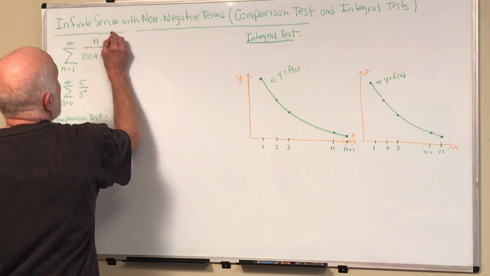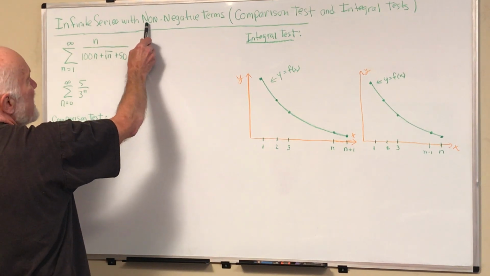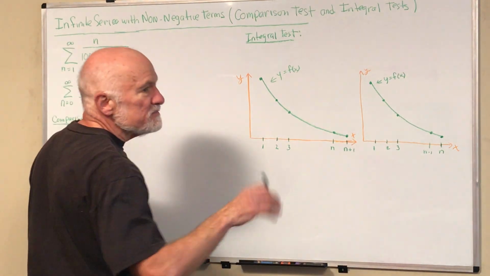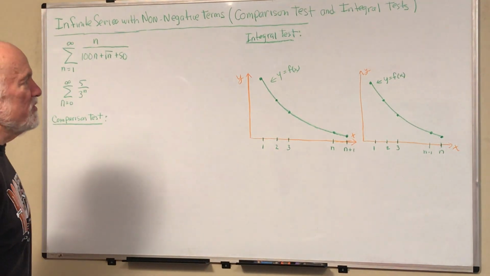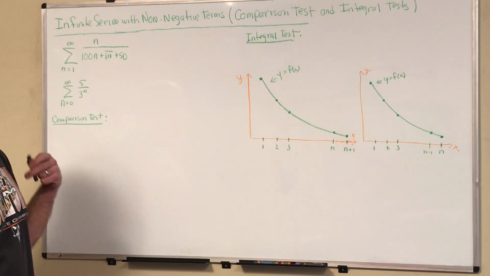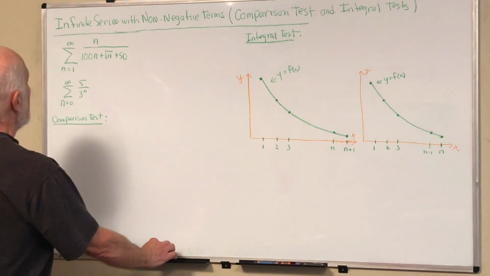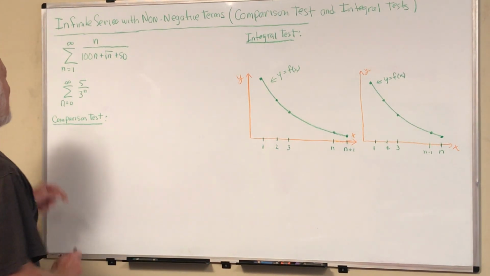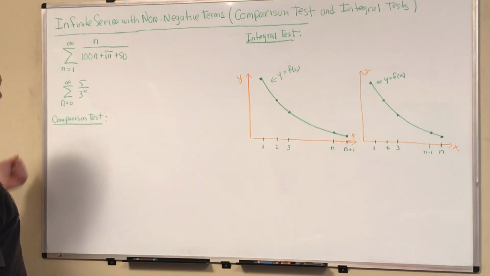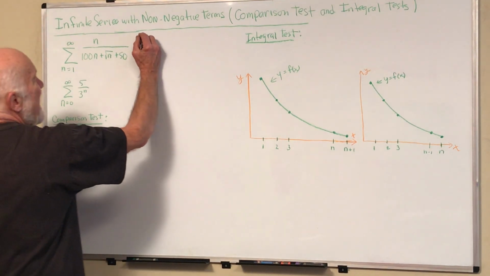So we started to learn a couple of things about whether a series converges or diverges. And we're going to be looking at, for the next couple days anyway, series that all have non-negative terms, zeros or positive terms. Later on, we'll see what happens if we start getting negative numbers in there. So, to begin with, we've got a series like this, which looks kind of complicated,